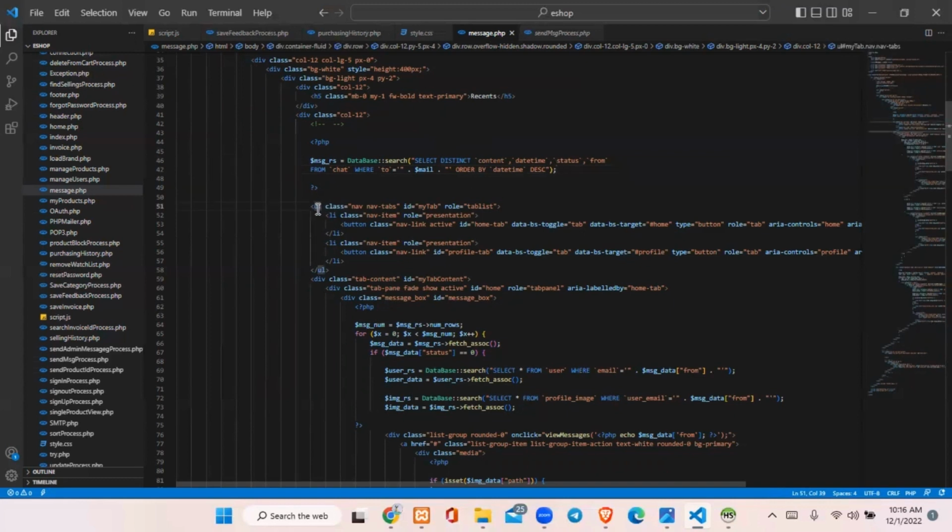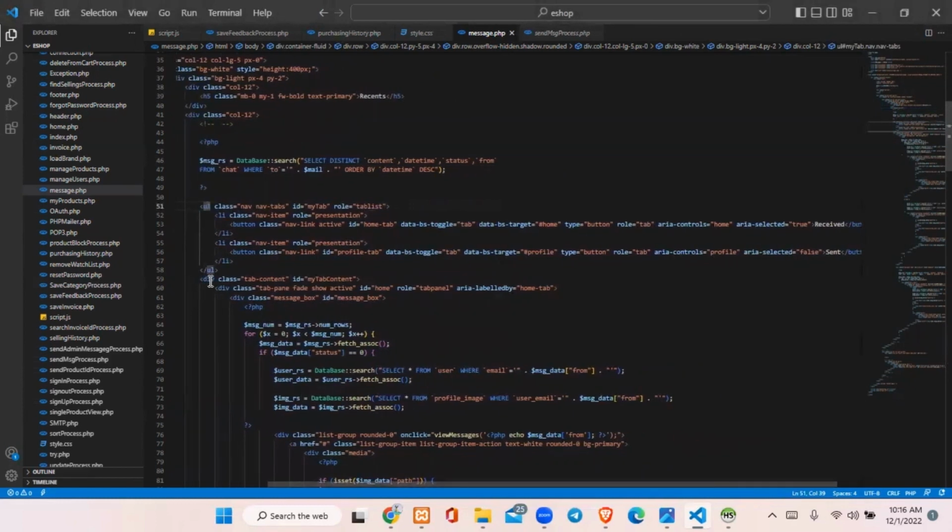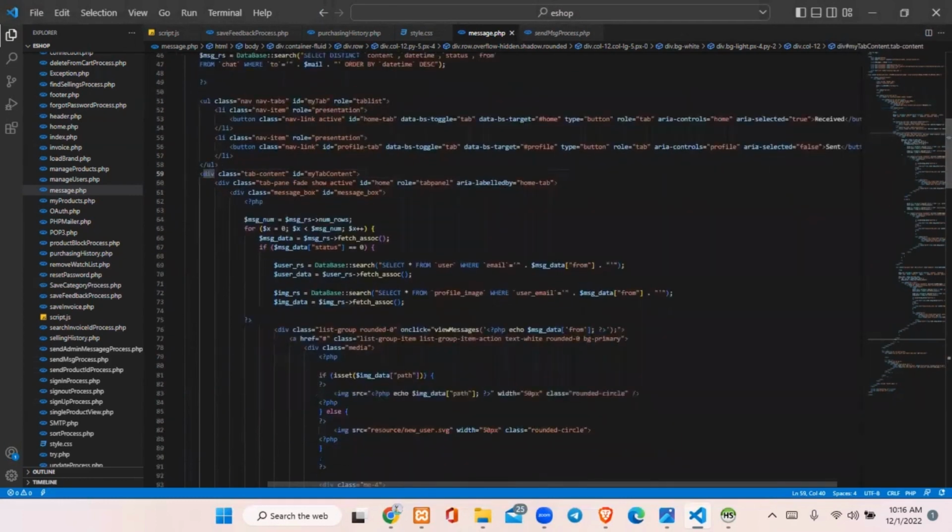Over here I have added my 2 tabs. These 2 tabs are my received and sent messages. I have created 1 tab and the code for it. These are the codes I have given for this received tab. Inside this PHP script, you can see that I have taken the num rows of my result set, and inside this for loop, I have taken the data I fetched from my result set. So if my message data status is equal to 0, then